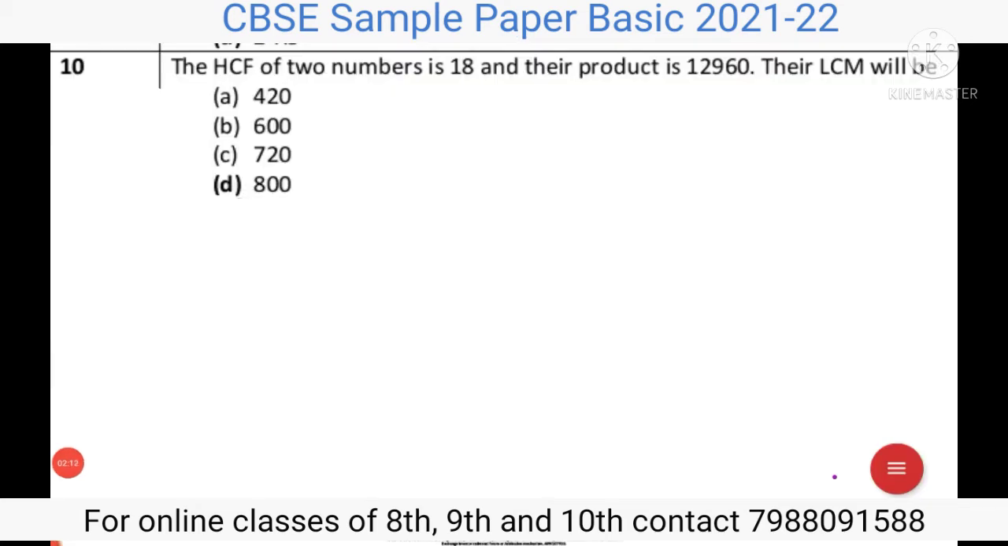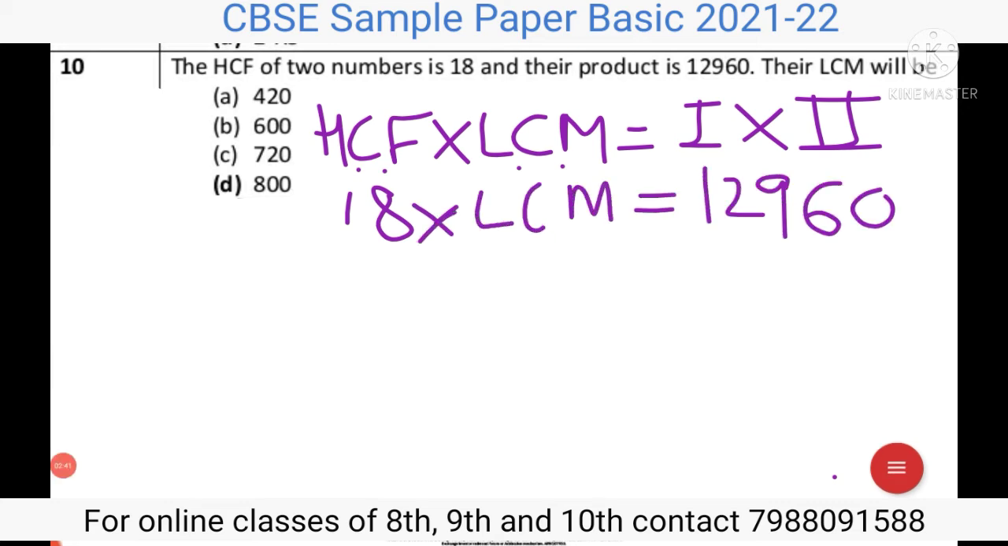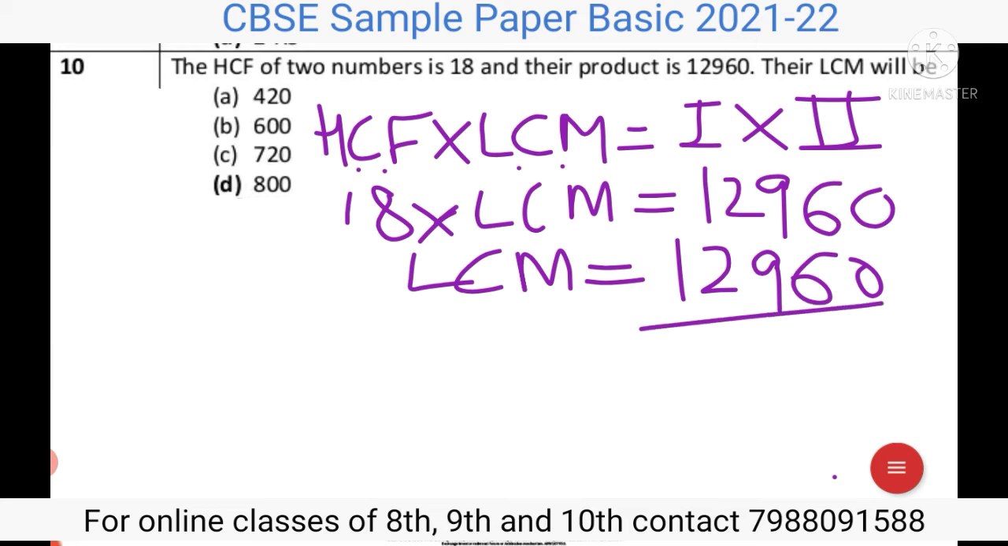In question number 10, we are given the HCF of two numbers and their product, and we have to find the LCM. So do you remember the formula which involves HCF, LCM and the product of two numbers? Yes, HCF into LCM is equal to the product of the two numbers. Now here HCF is 18, LCM we need to find out, and the product of the two numbers is 12960. Now simply we have to divide 12960 by 18 to find the LCM, and clearly the answer is option C,